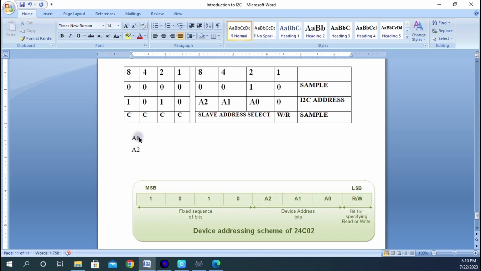Then when we now want to write to the first one, remember this A0 happens to be the first device, A2 happens to